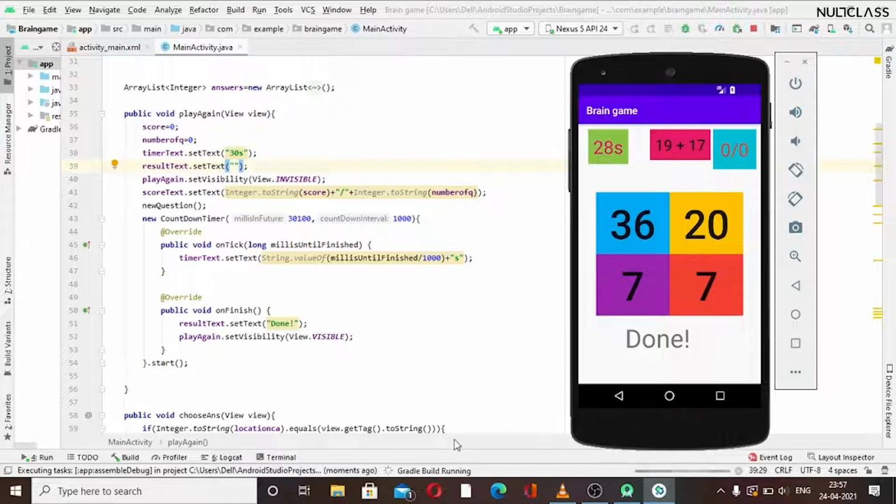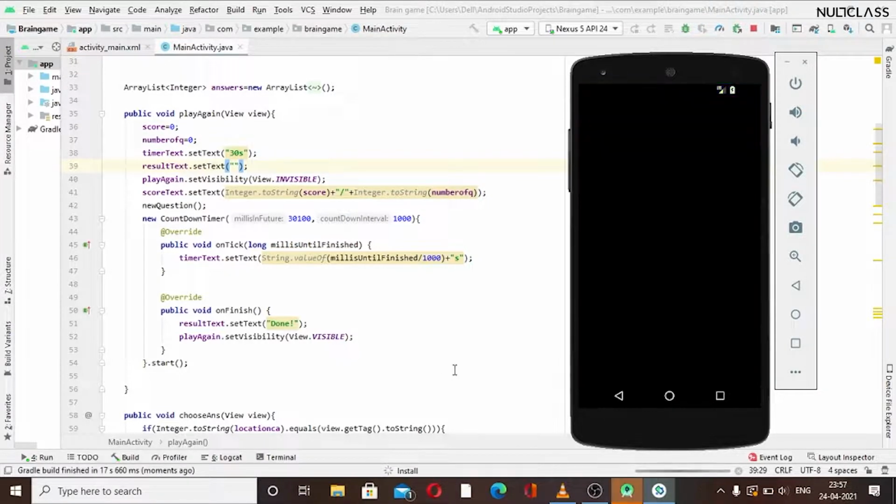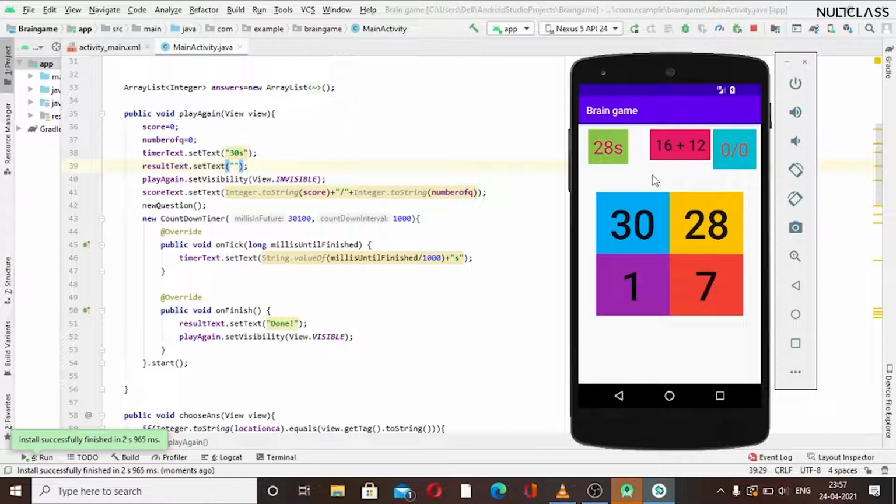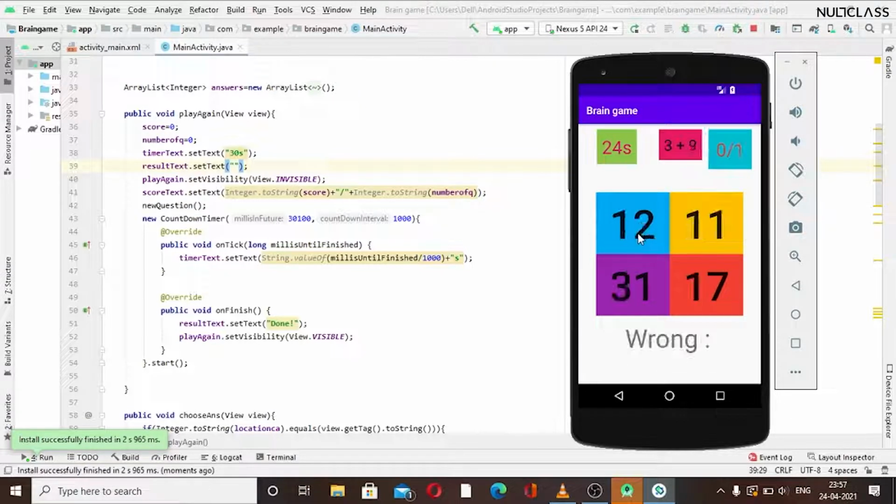This was the previous one, the game is still loading, let's just wait. So here comes our app. We can check it finally. We click on the go button, and we can see that now this is empty. Now we will tap on this and it will show whether it is correct or not. Okay, so that was the thing I found which should be improved.